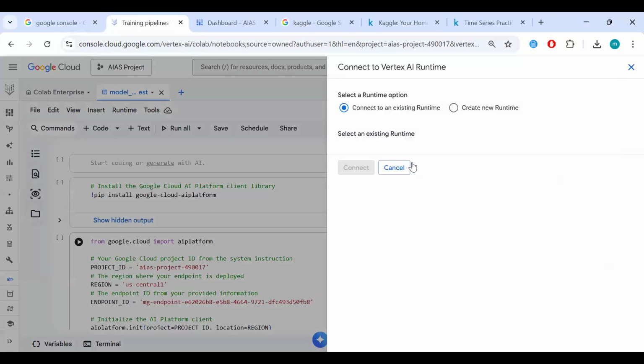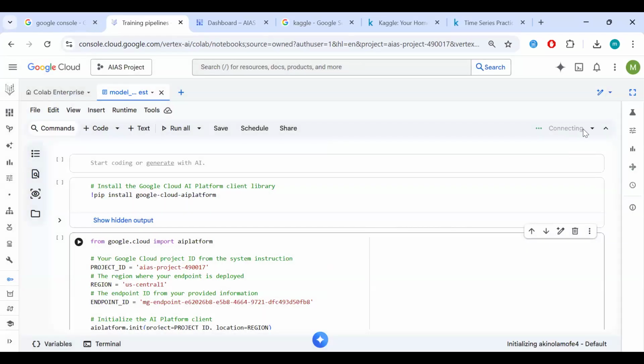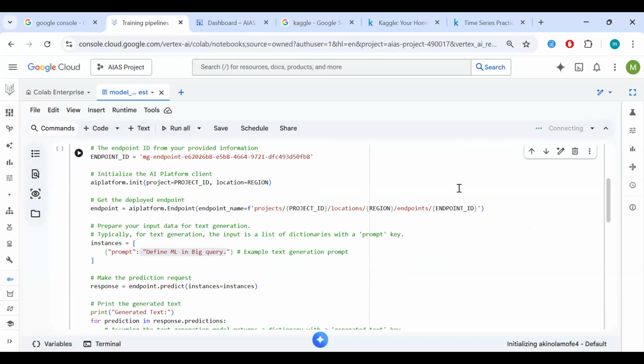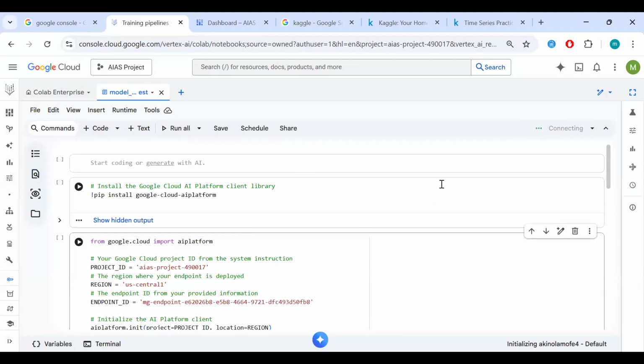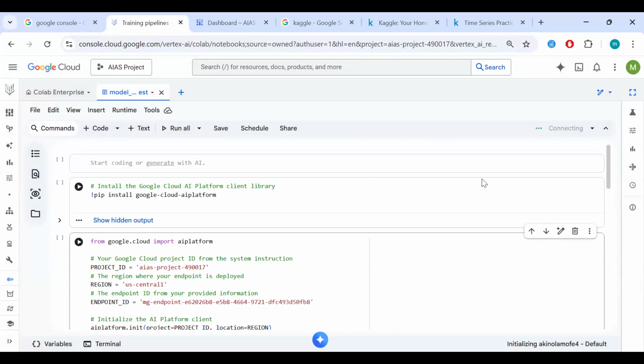So we can change our runtime, I think. If we wanted to use a different hardware, because this is the only one. This is the only one. But if we wanted to use a different hardware, we can change it and all that. Anyways. That's on me. I should just continue.